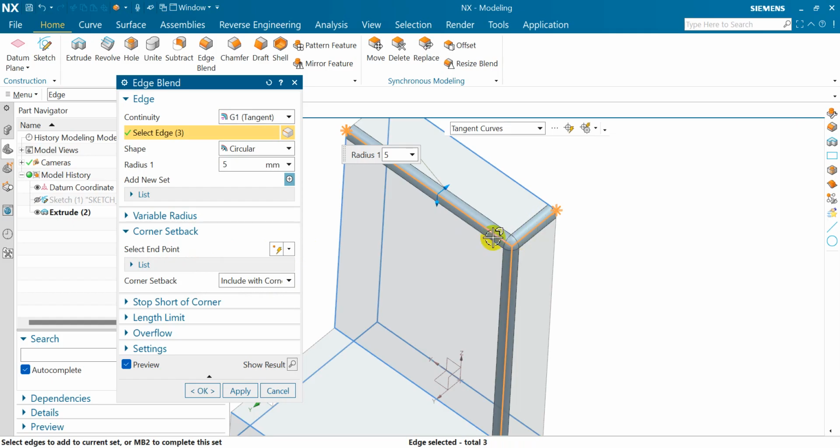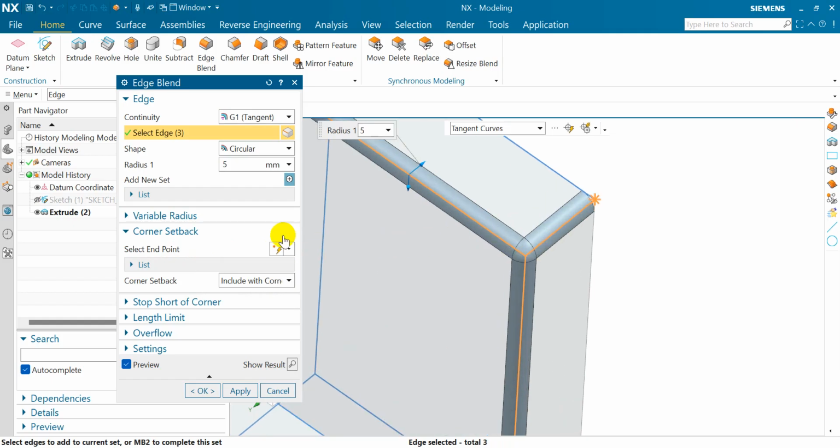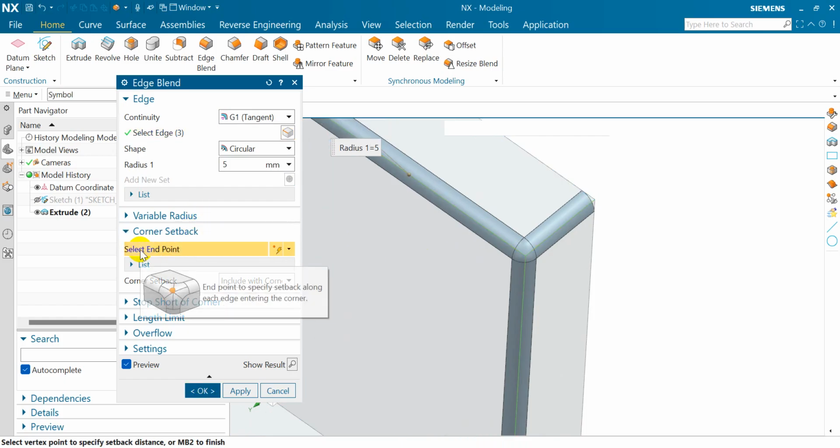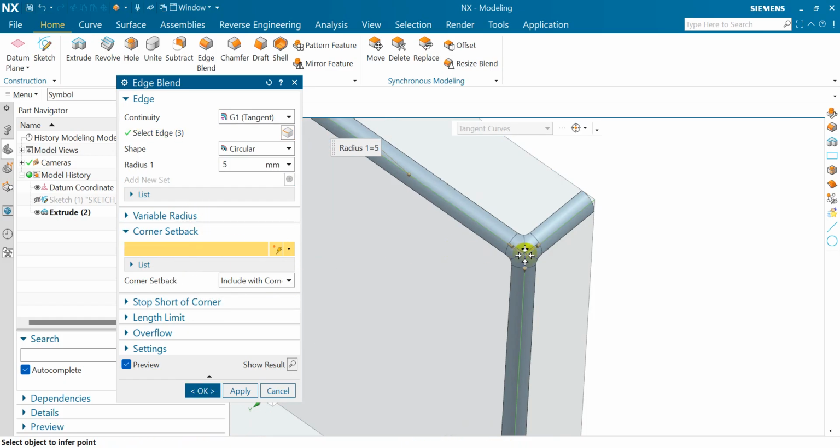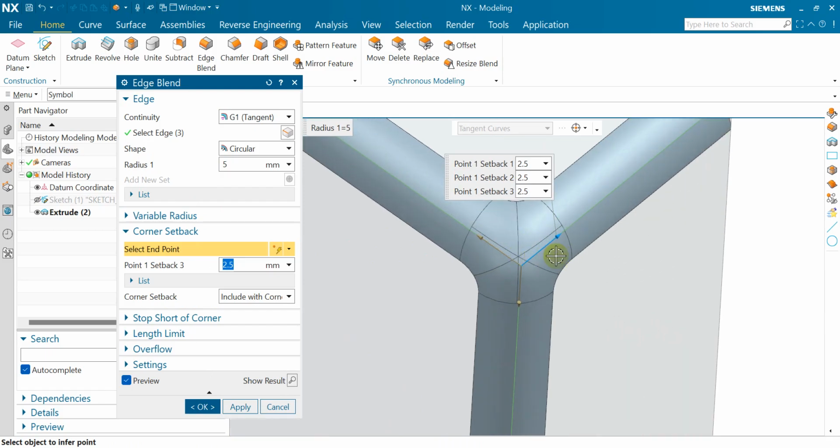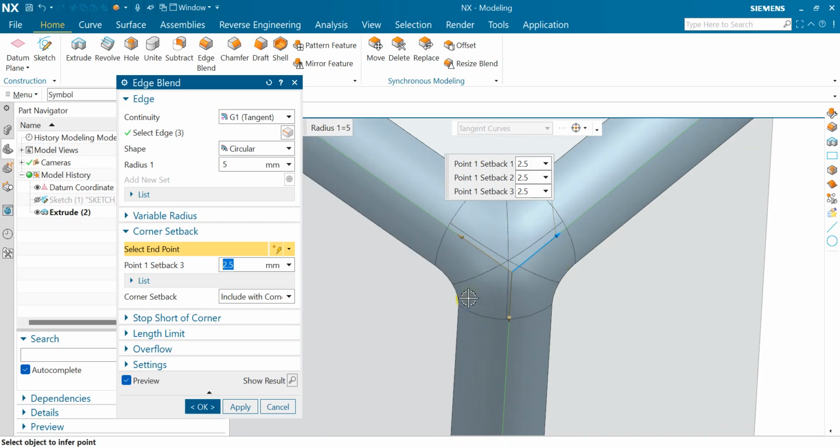Click on any 3 edges like this and click on this point. Click on this point, then after that click on this point, and look at the difference. This new shape will be created, and you can control this radius.